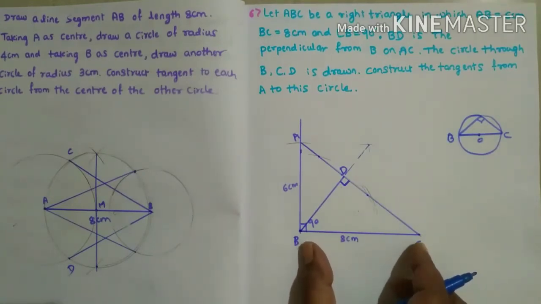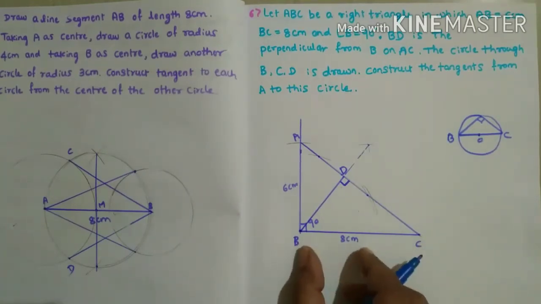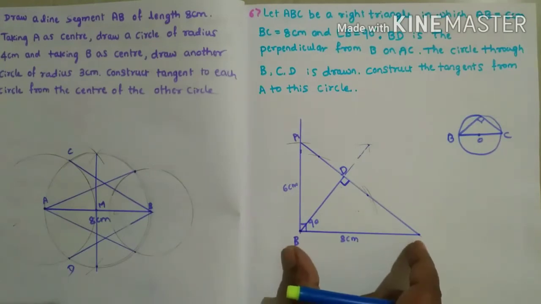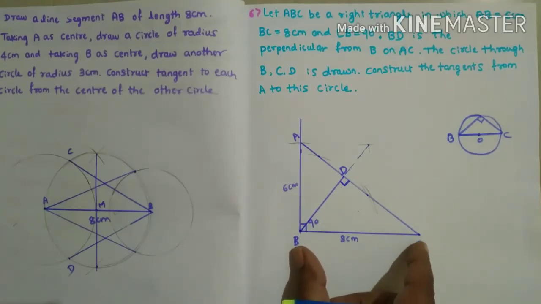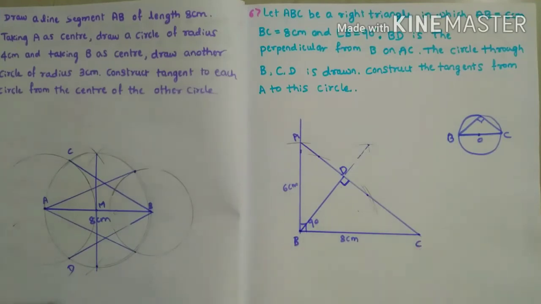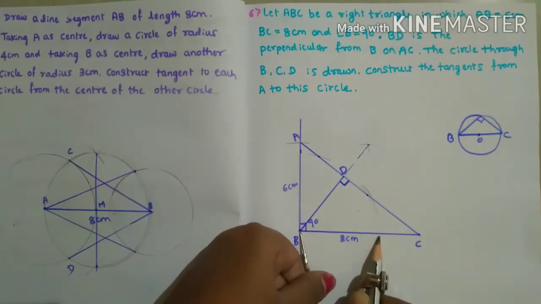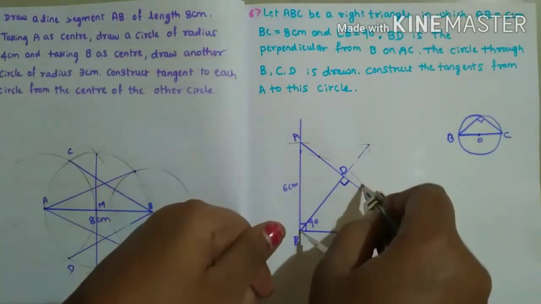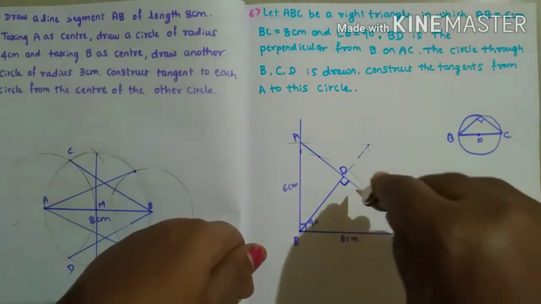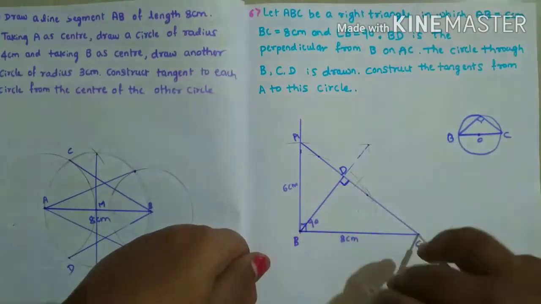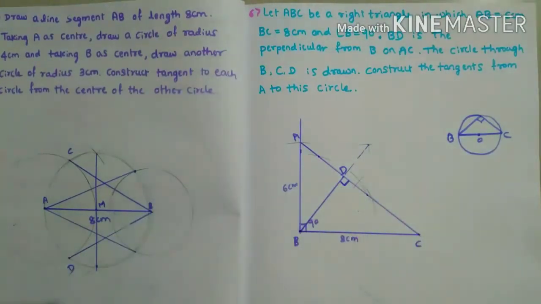You see that this is a diameter, and half of the diameter will be the radius. If you want to find the radius, you have to bisect the diameter. Always, radius is half of the diameter. So we have to bisect this diameter BC. How will we bisect the line BC? You have to take more than half of BC and draw an arc here, and then bisect it. Do the same thing down also.